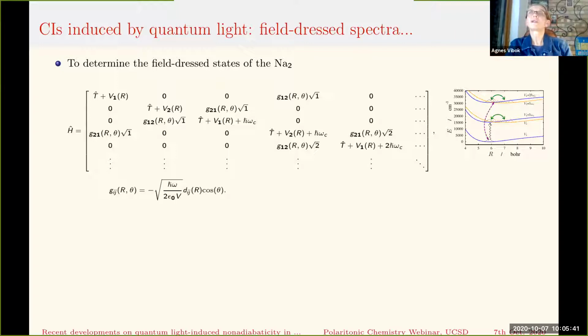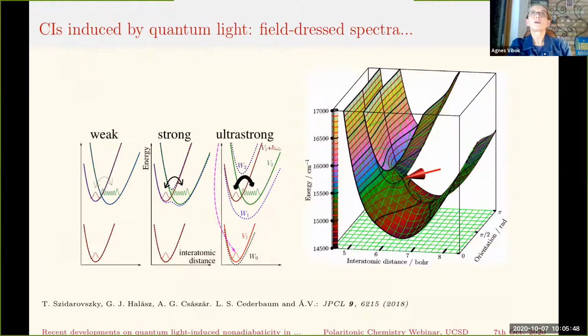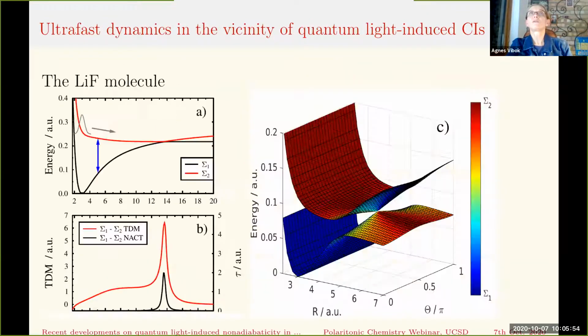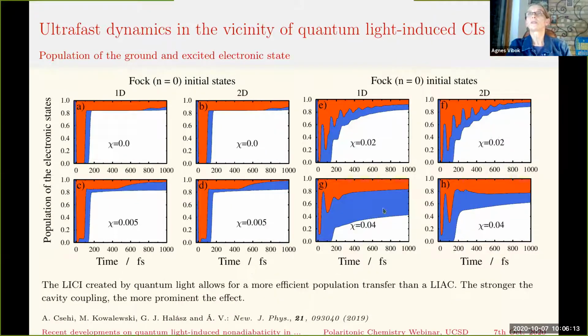If you remember, I could show in this figure, when we discuss the dynamics of the lithium fluoride molecule, this is the natural avoided crossing, and this is another avoided crossing or conical intersection. It depends on whether the 1D or 2D model is applied. Then we could show how the dissociation amount looks. You see that we should increase the cavity coupling, and if we increase it, we arrive at a stronger coupling regime,